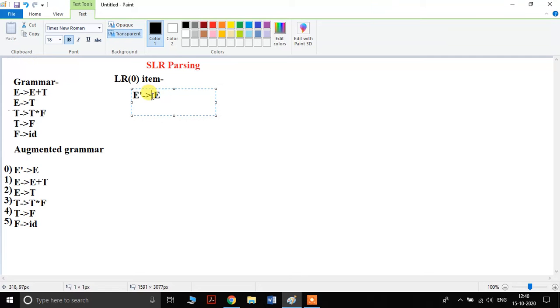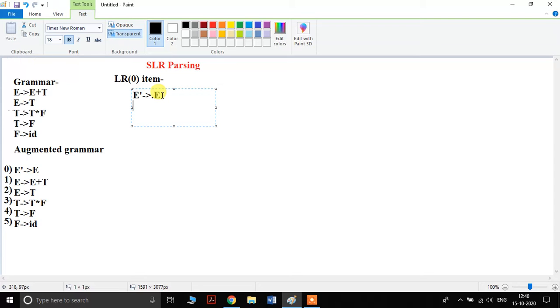In an LR0 set of items, if there is a non-terminal which has a dot on its left hand side, then we have to perform closure of that non-terminal. There is an E, and E has a dot on its left hand side. That's why we have to perform closure of E.